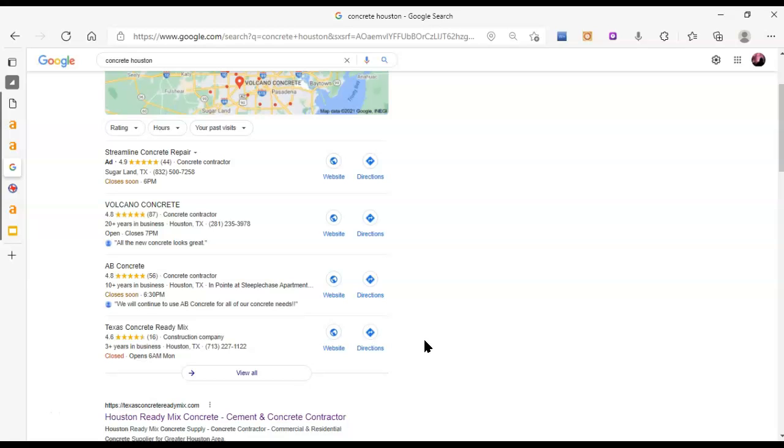Meaning that if you like to spell GoPro Concrete and Construction with an ampersand, you want to make sure that ampersand is in your Google My Business listing's name, right? It may seem like a small difference if you put "and" instead of the ampersand, but to Google, those are two different things. So you want to make sure that that's spelled correctly and your phone number is just the same as you like to use it and your address is spelled correctly and everything,